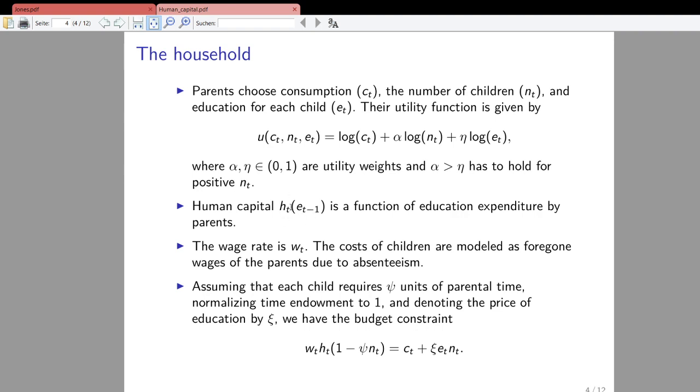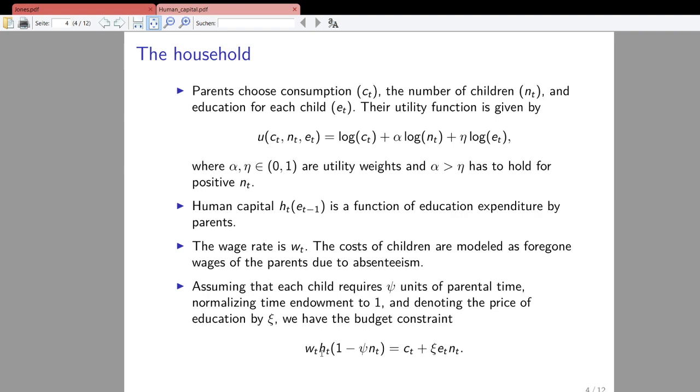Now individual human capital is a function of education expenditures of the parents. So individual human capital of the children at time t is a function of what parents spend in period t minus 1 on education. The wage rate is denoted by w_t, and the costs of children are modeled as foregone wages of parents due to not being able to work when they have children for a certain amount of time. Now, assuming that each child requires psi units of parental time and normalizing the time endowment of the parents to 1,